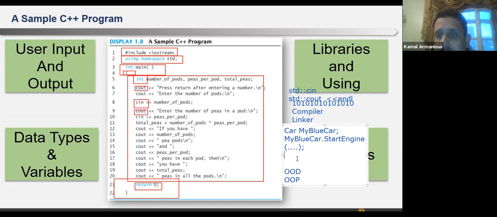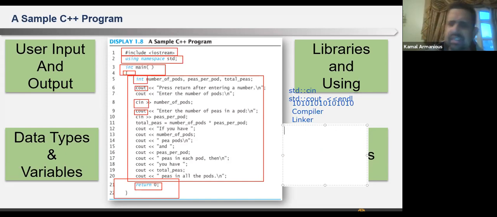So in the main, you have everything in classes. And we will describe this in greater detail. You don't have to worry about this. This is the concept of encapsulation.